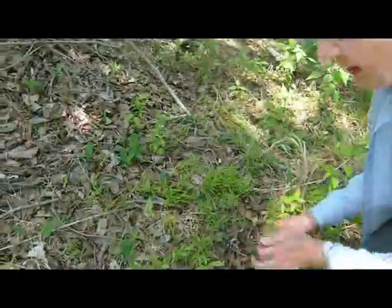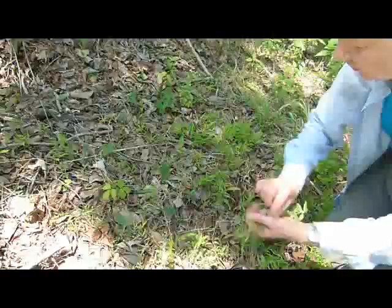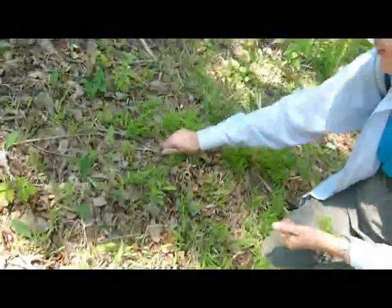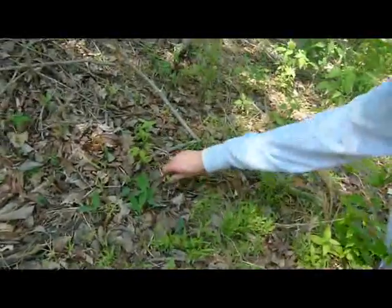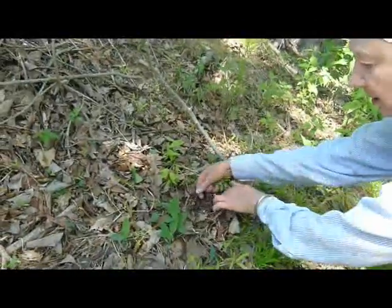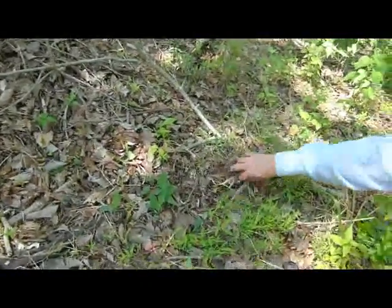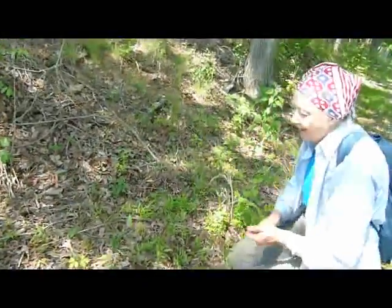I can try and pull out some of this stilt grass, but I have to be careful not to disturb those roots. So look at this, it's very good to see. And then again, here's this honeysuckle, but once again, I have to do it very, very carefully, and I don't want to disturb these bellworts that are coming back. So tap that down, and at least try and stay aware of this little area. I don't want to touch